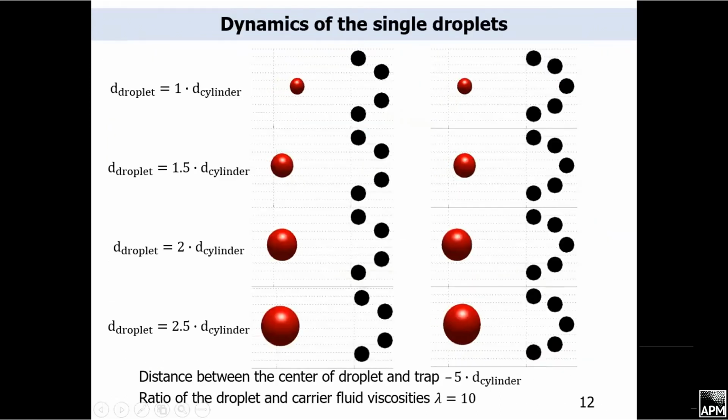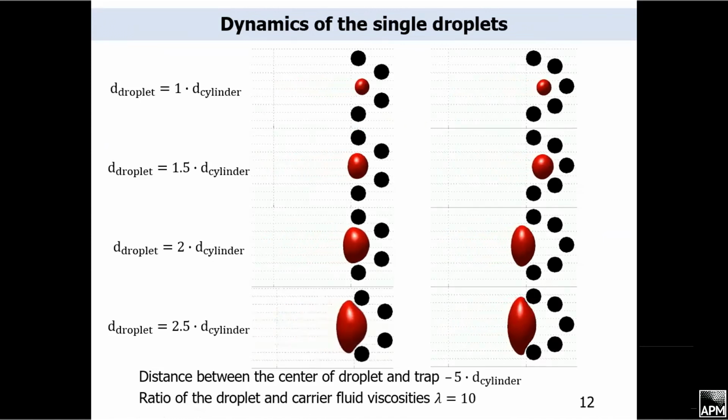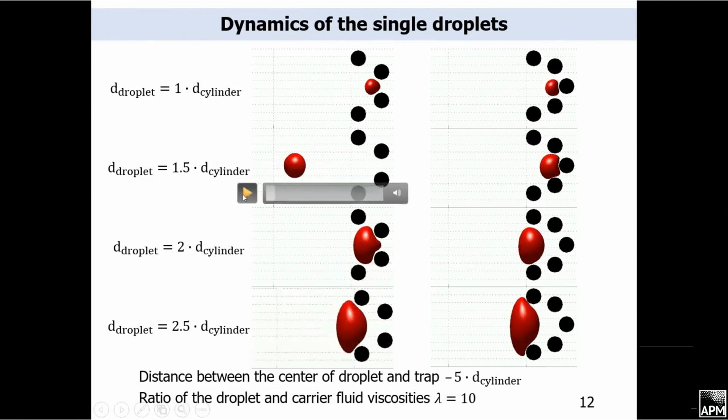We considered the dynamics of droplets of different sizes. The distance from the center of the droplet to the trap was 5d. At the initial moment of time, you can see on this video, the particles were located on the central axis of the trap and had a spherical shape. As time passes, the droplets move in the flow, deform, and when a droplet reaches the trap, it is fixed in